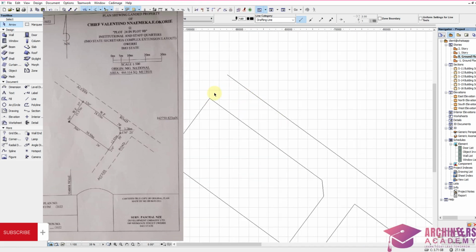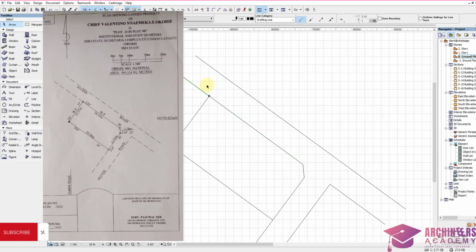Okay, and stretch this now, and this too. Now I can split this also. Okay, then the road should have